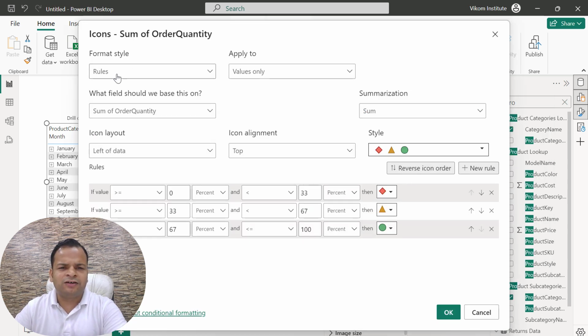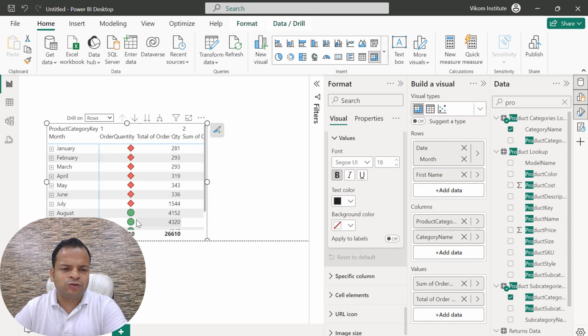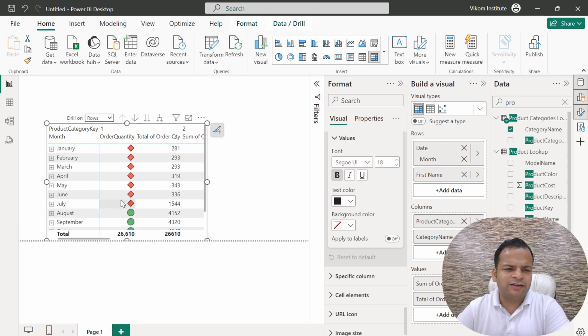Let's say my icon rules are there. You can change this manually, and let's say I'm going to add three icons and I'm going to show my icons only, and this time my value is not going to appear, and click OK. Now you will see my order quantity is appearing like this.